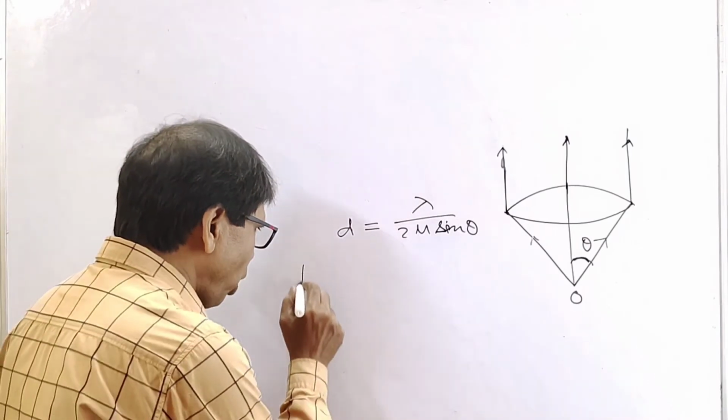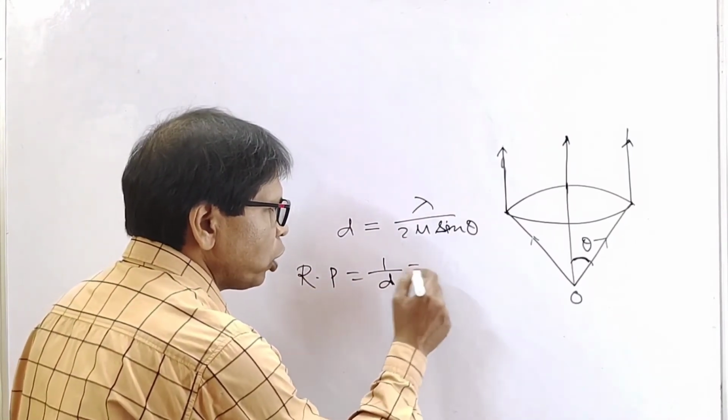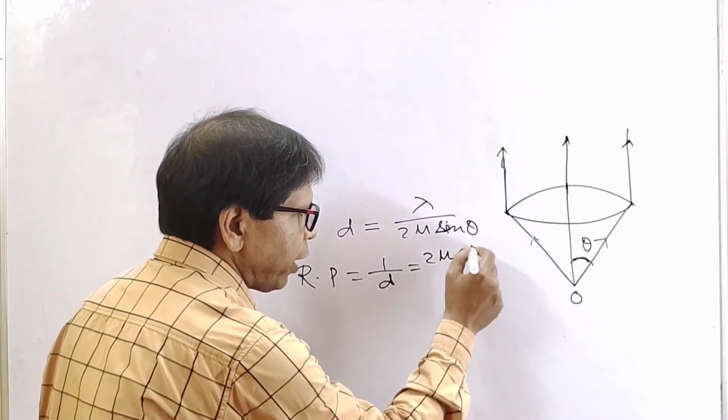Now the resolving power of the microscope, Rp, equals 1/d, so this is 2μ sinθ